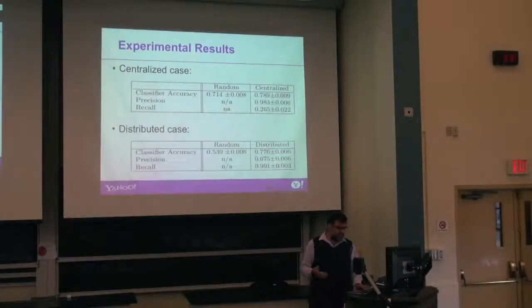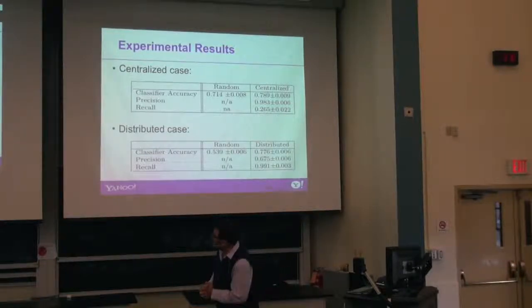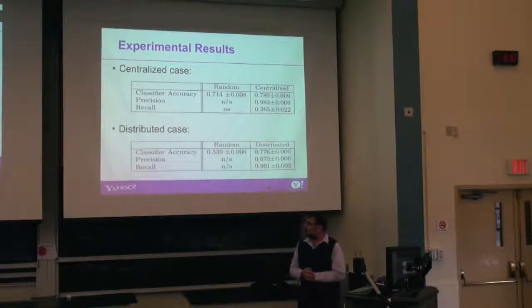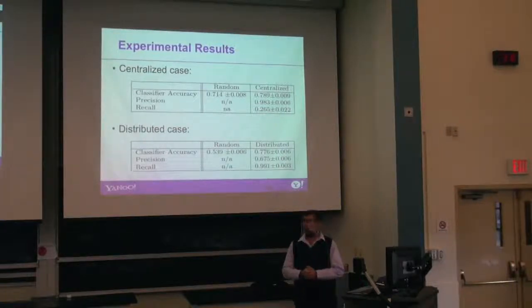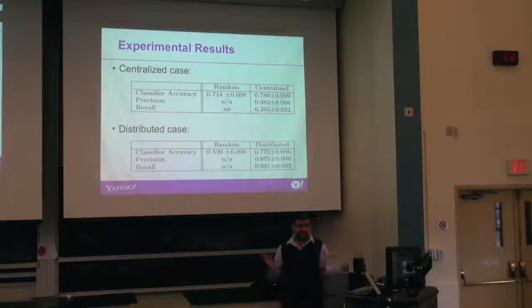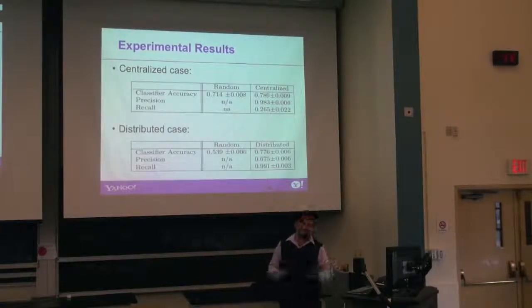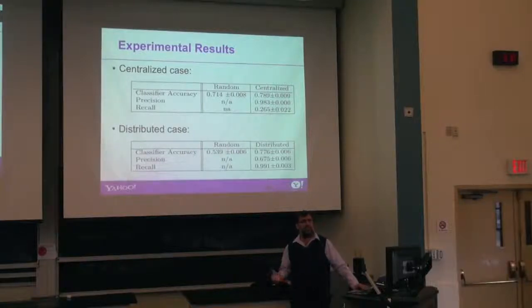So we implemented this. So we had predictors. You see in the centralized case, the prediction was not too much better, but you get very high precision. In this distributed case, the prediction is much better, and you have very high recall. Why? In the first case, we basically used just English text. In the second case, we simulated a language division, and we had one corpus in Spanish, one corpus in English, and then it was much easier to predict that case. But that would be a realistic case, because when you have a distributed web search engine, you will split by language.